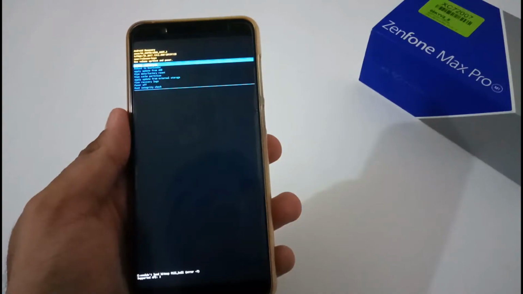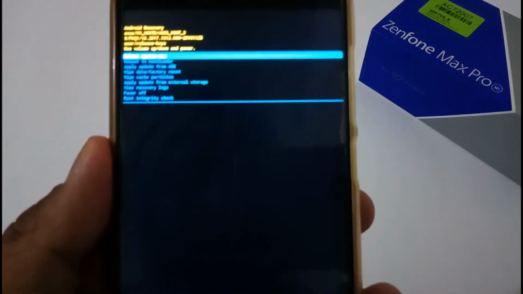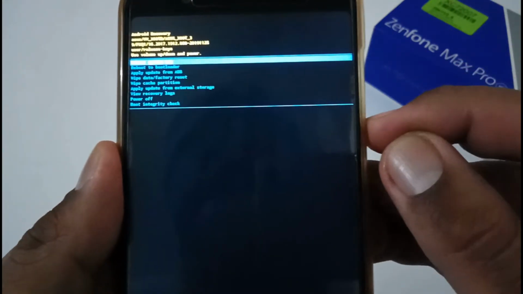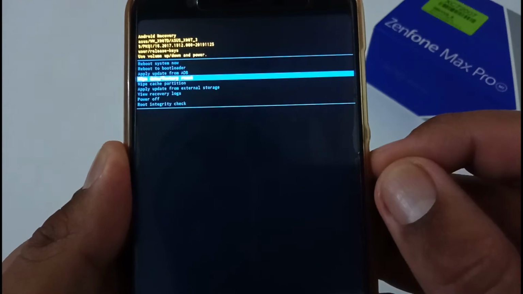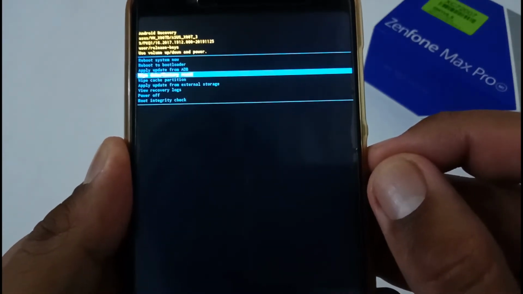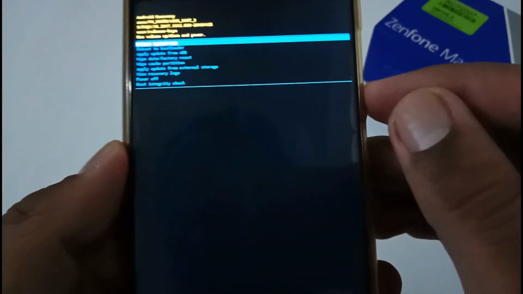So finally we have again booted to the stock recovery mode, and this time you have to select the option 4th from the above. So just select option 4th from the above, that is wipe data and factory reset. So that's why I was emphasizing taking a backup at your side. Just press the power button again, move down using the down volume button and select yes, and afterward it will start formatting data, wiping data and so on. So successfully the factory reset process has been done.